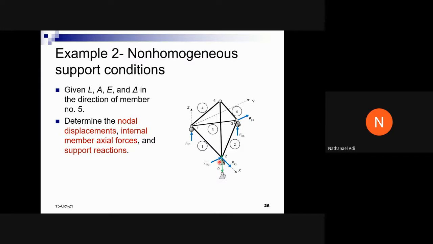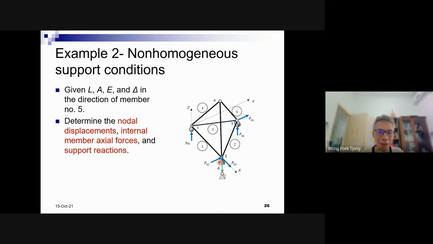There are no external forces, sir? No, not because of this. You see, in the mid-semester exam for case 2, even though there is no external force, there were big member forces, right? If you calculated it in the mid-semester exam. But here, no. But thank you for the answer. Not because of no external force.